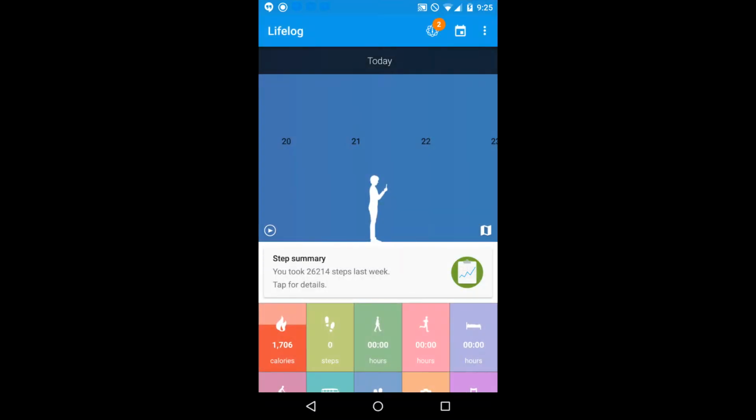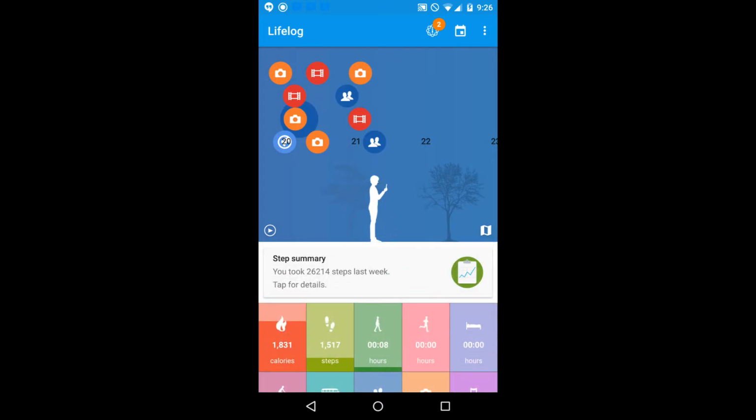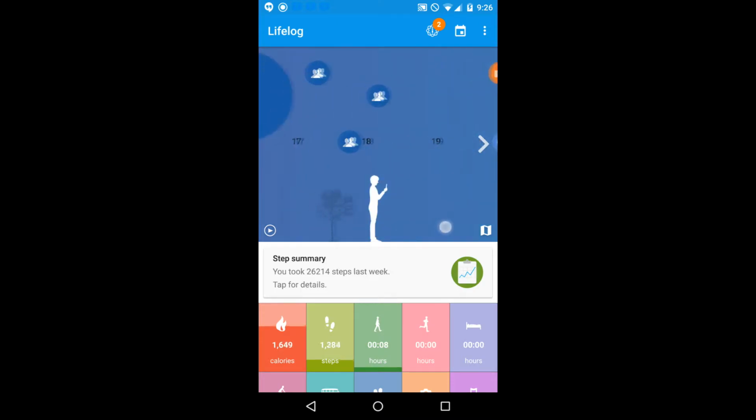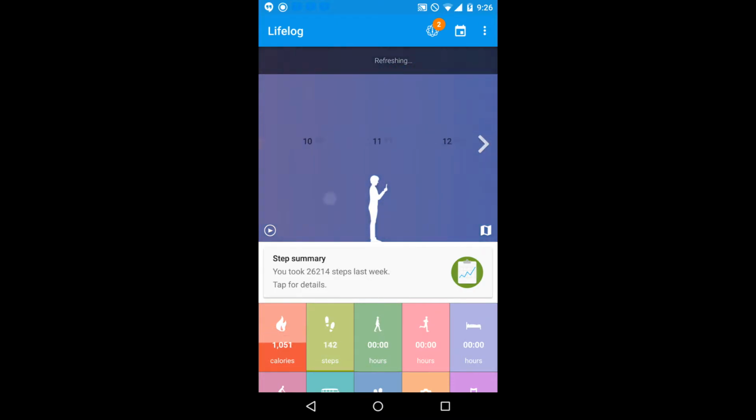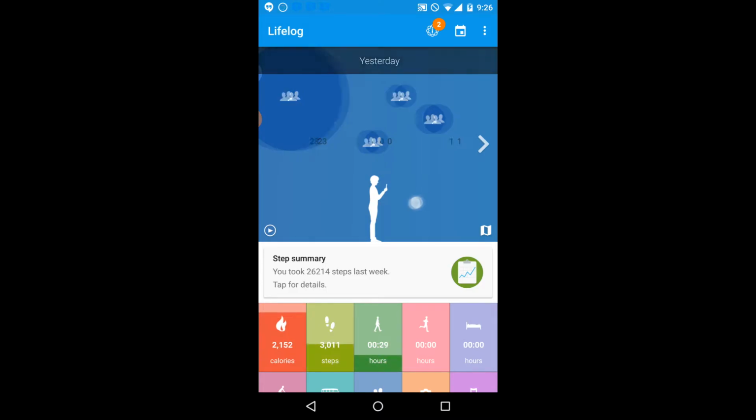We have LifeLog, which is the Sony app and works well with the Android Wear devices. Basically it takes a total look at my fitness in a more detailed way than Google Fit does, so I actually prefer this over Google Fit for most things. It's not quite as fast, not quite as attractive, but I can scroll through the day and see everything that I do. So we come to yesterday, it'll refresh to whatever I did yesterday,